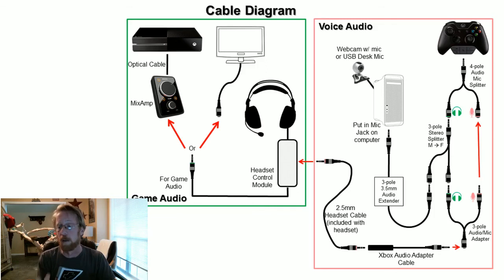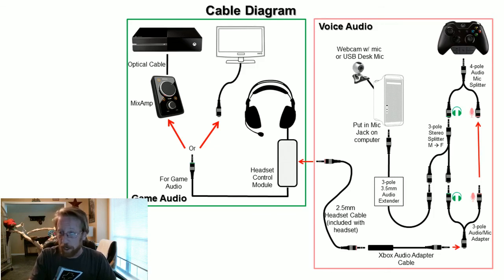The hard part comes when you have the voice going over. On the far right, you see the Xbox One controller there with the adapter attached. The first 4-pole audio mic splitter is there, and you'll see these little symbols. This is where the audio goes through, and this is where your mic. This is for your mic. Anyway, once you get that in there, you're going to take the normal stereo splitter, and